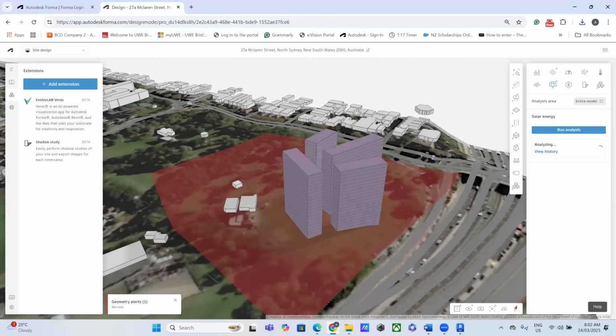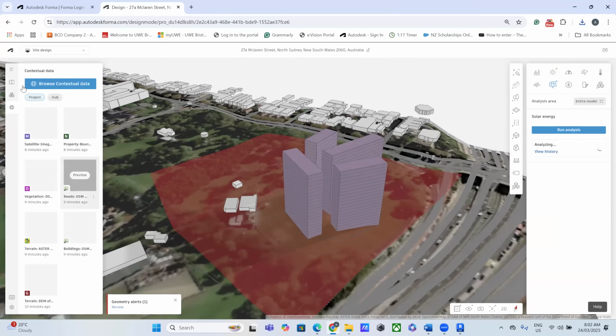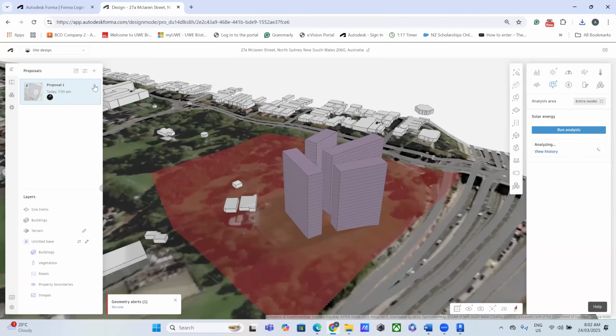But something I really like here, when we jump to the import, you might in the future import your project if you do it in Google SketchUp, or Revit, or ArchiCAD. Also, you can create different data again. You might create different proposals. Or you can even export this model to Revit. So if you click on Revit, send to Revit,